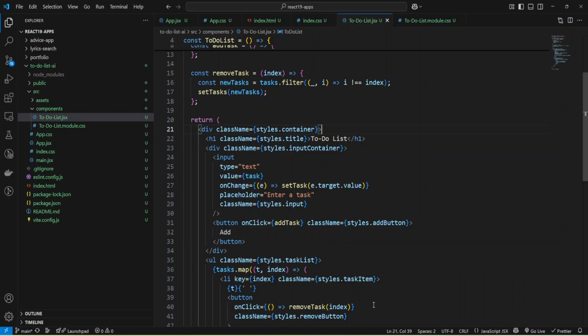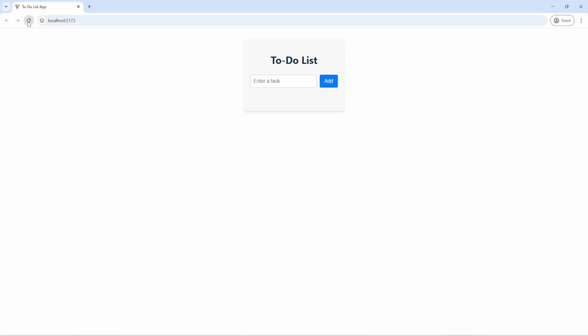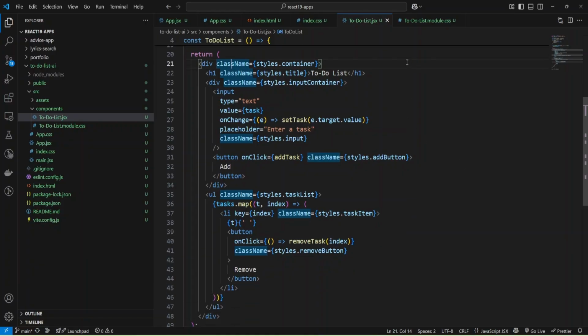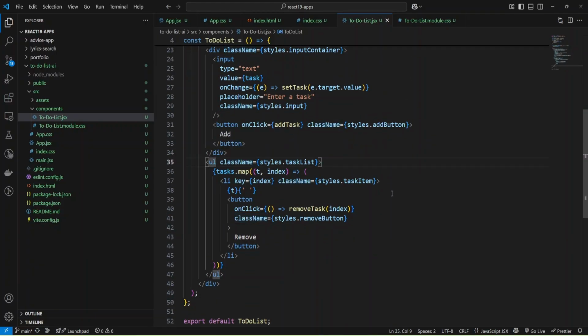And let's check. I'm going to refresh the page and provide some tasks, 1, 2, 3, 4. Okay, and we have styles for our container and also for input and button, but we don't have styles for the list. Let's check our styles, and we need to take a closer look at the unordered list class names.